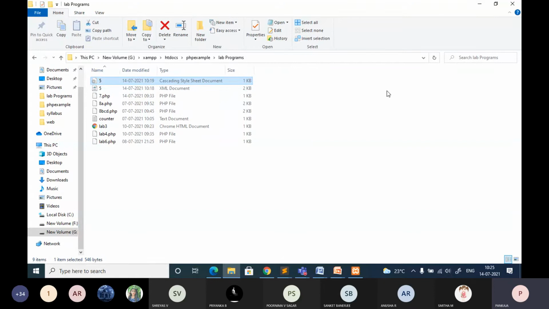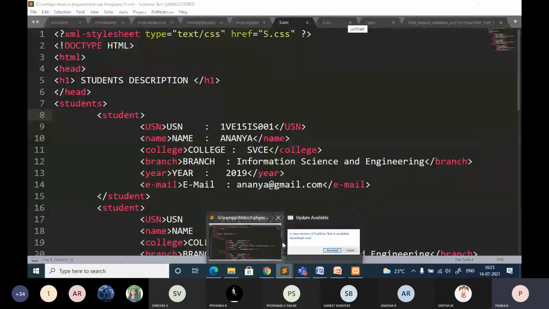Hopefully it is visible. For the first two programs, the first two files, always don't forget when you are documenting to specify the file name, the file name you need to give for that particular program. Parallelly, save the external style sheet within the same folder. If you are locating it in some other place, then you have to give the complete path where that particular CSS file exists. Is that clear?